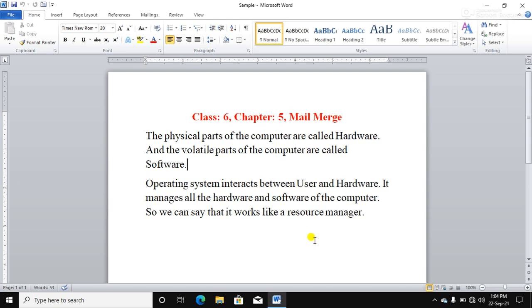So mail merge is a facility provided by MS Word. It combines two basic components, text with identical information and the text with changing information, that is data source and a recipient list. It is used to create letters, forms, envelopes, labels, catalogs and emails. A list of names and addresses can be combined with a form letter to create a personalized letter.